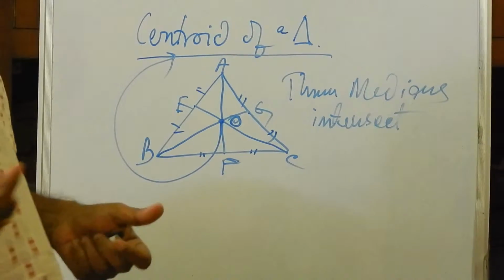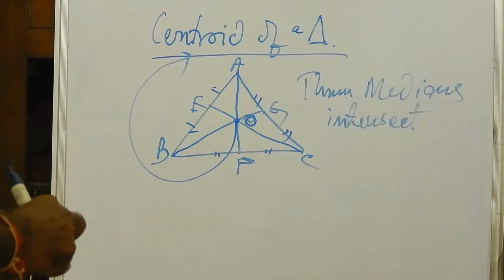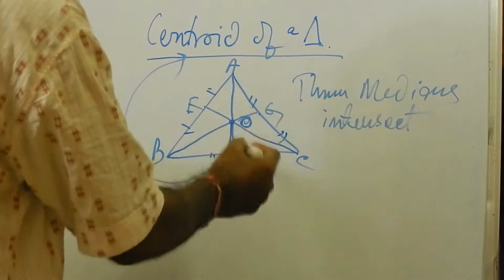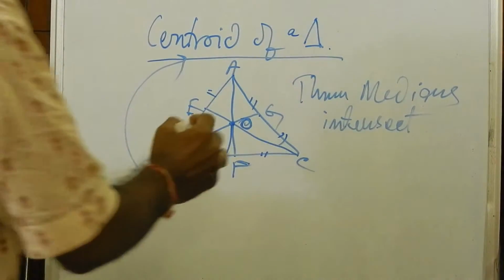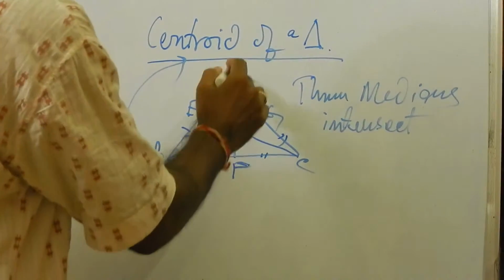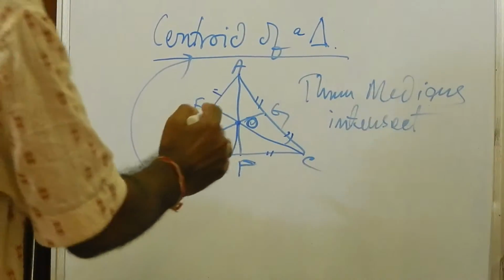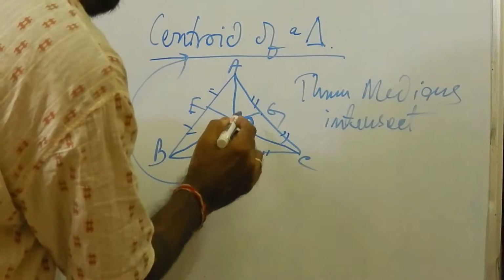I think that is also known to you. Some of you know that there is a ratio. This is the centroid and this is the median, and this ratio is